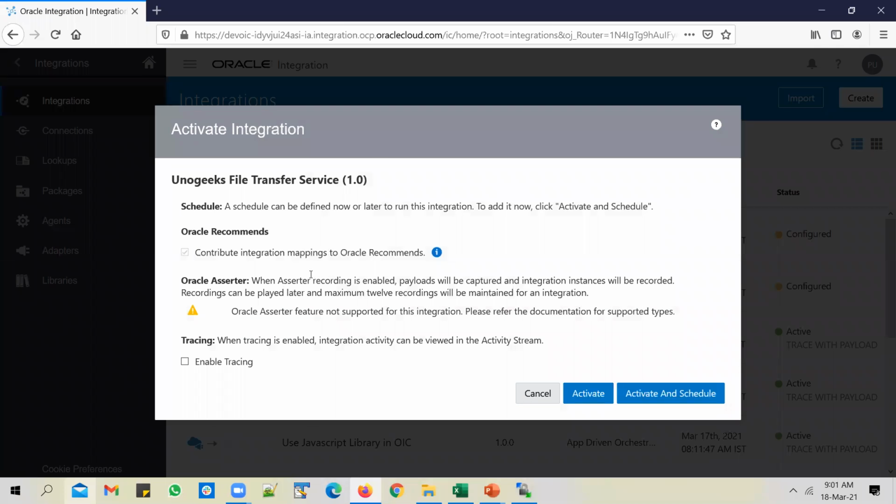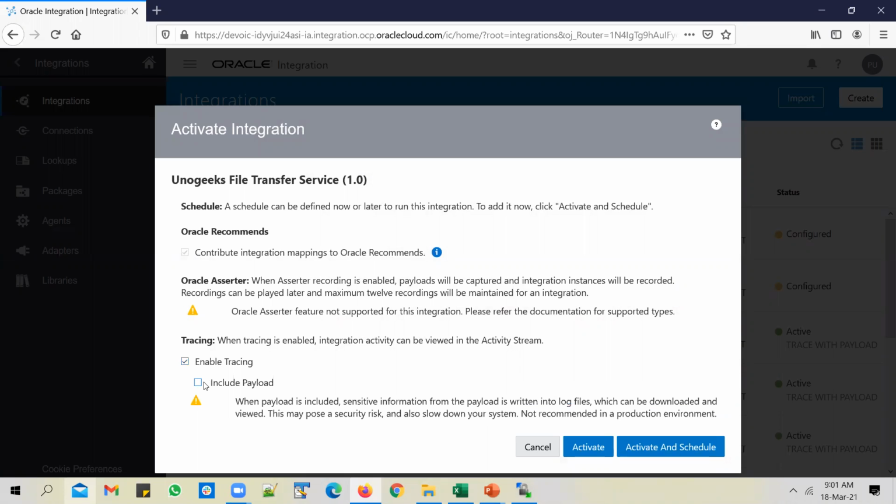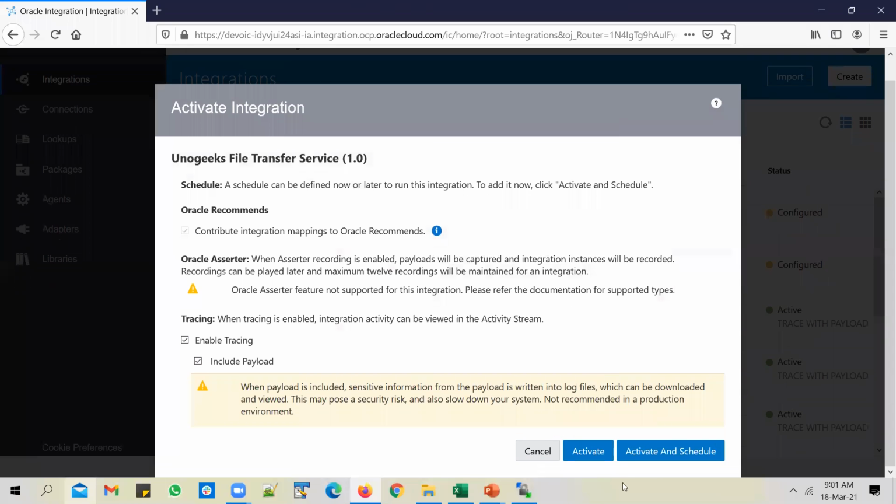When you activate the service, since it's a scheduled orchestration, you can enable trace. Along with activate, you see this activate and schedule option. I will talk about the scheduling options in the next video. In this one, we'll just activate the service and submit an ad hoc request. For scheduled orchestrations, you can submit ad hoc runs.